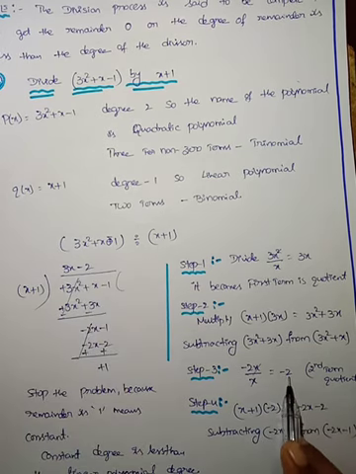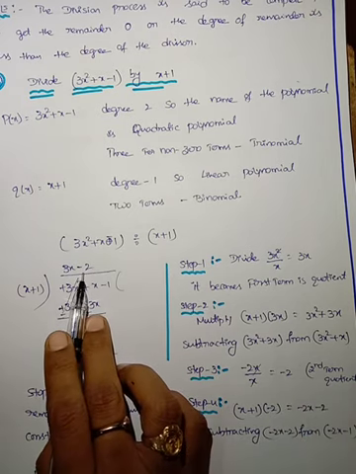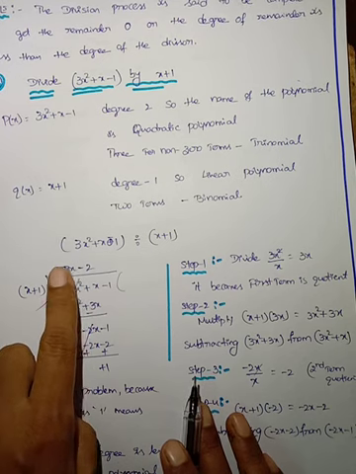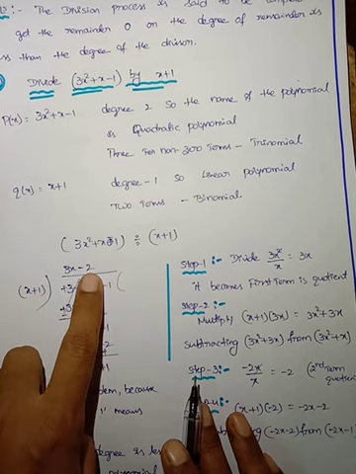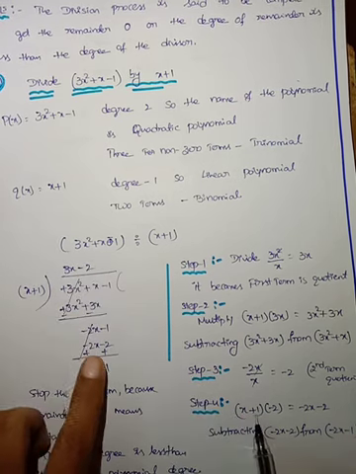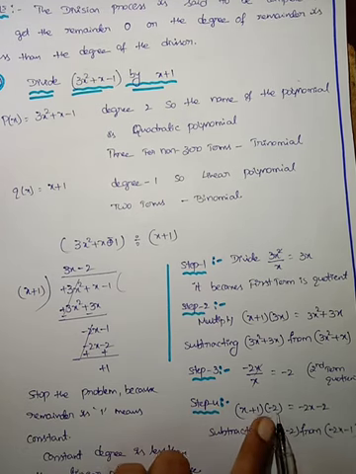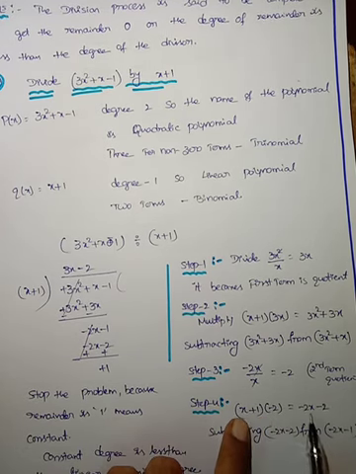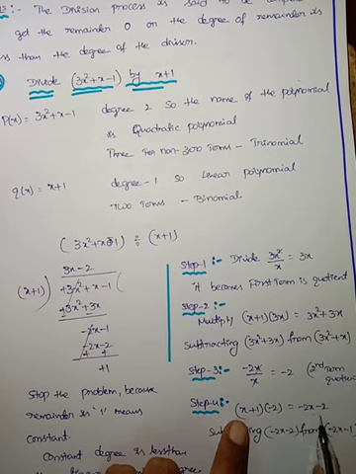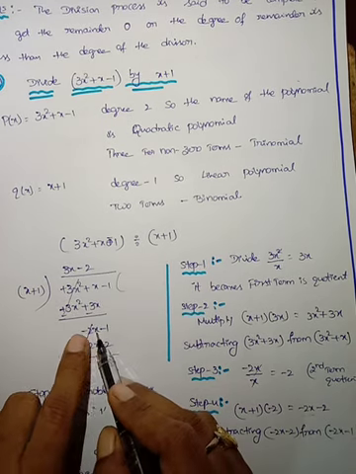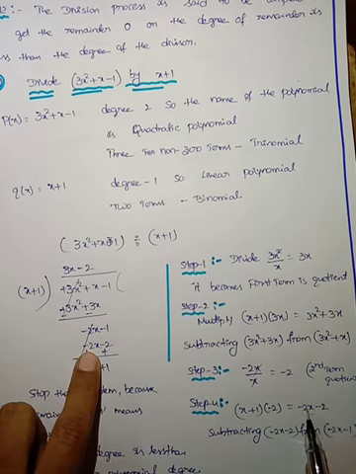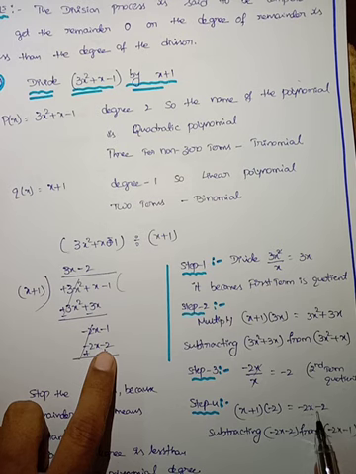You have to write this term in place of the quotient, in the second term, minus 2. Already you multiplied the first term of the quotient with the divisor. Now you have to multiply the second term with the divisor. So step 4, x plus 1 into minus 2. Minus 2 into x means minus 2x. Minus into plus, minus 2 ones are 2. You have to write these terms under the dividend, minus 2x minus 2.